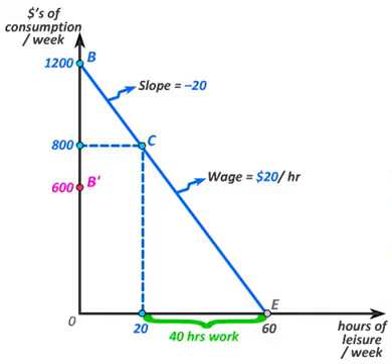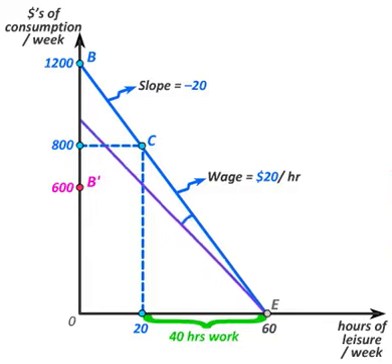Next, suppose this worker's wage falls from $20 an hour to $10 an hour. His leisure endowment hasn't changed. He still has 60 hours a week that he can sell in the labor market. Thus bundle E is unaffected. But even if he sells those 60 hours at a wage of $10 an hour, the most in other goods consumption that he'll be able to consume is $600, not the $1,200 he could have consumed when his wage was $20 an hour. Thus the vertical intercept of his budget constraint shifts down from 1,200 to 600, from bundle B to bundle B prime.